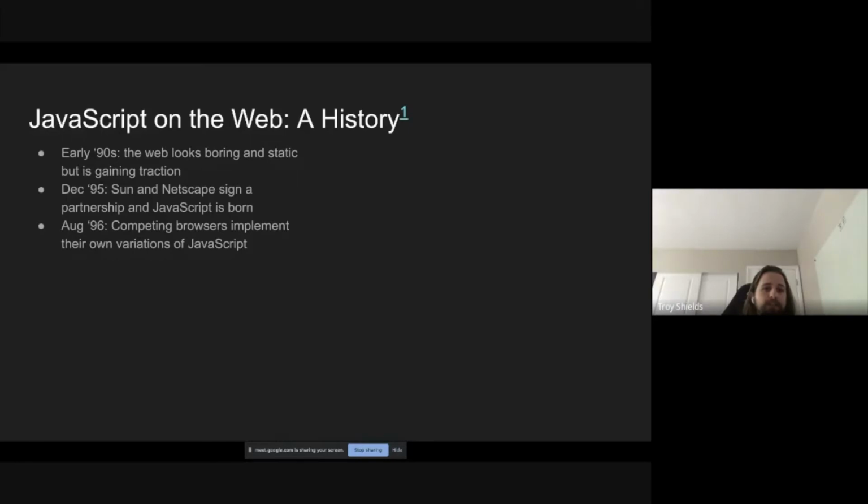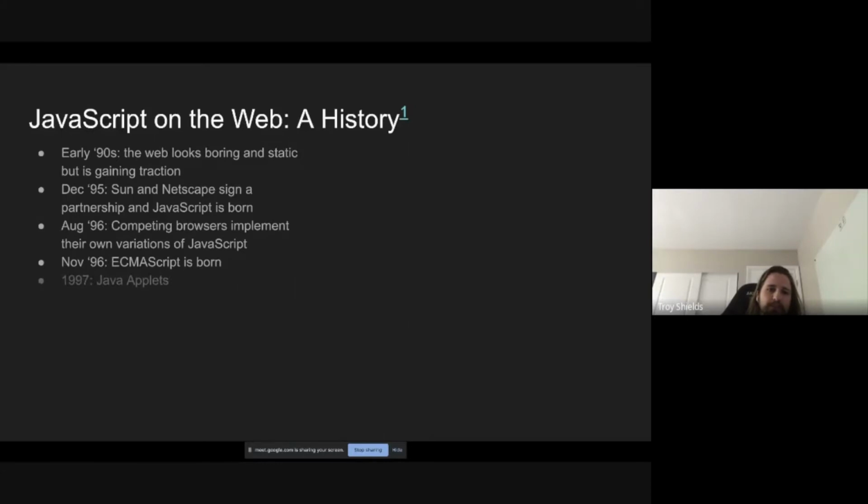So other browsers had to implement the JavaScript engine in their browsers, basically to be able to compete. So Microsoft created JScript, I think it was called, and it was more or less the same with some minor differences, but that way a website could run in Netscape or in Internet Explorer. But these competing JavaScript engines were becoming a problem. So in November of 1996, they created ECMAScript, which is the